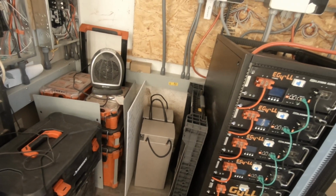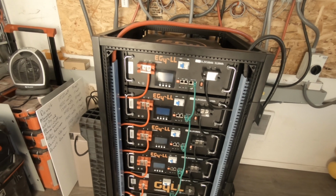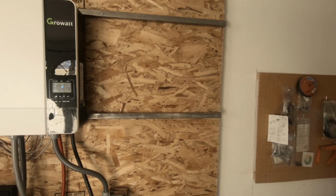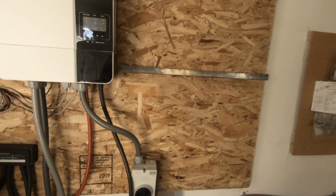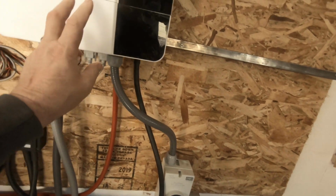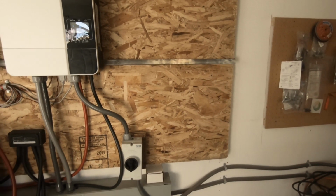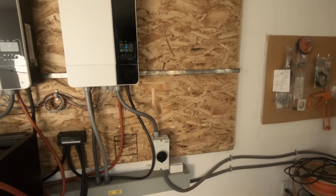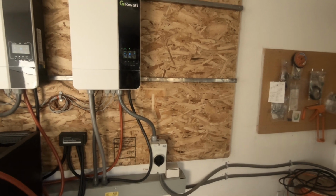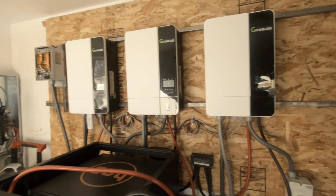Our big batteries, I've got to figure out what I want to do there. I don't want to hook them up to this battery system. What I might do is put another inverter over here. I do have a smaller inverter. I've got 2 sets of solar panels coming into this inverter. I could take one and put it over here with another inverter, but is that something I really want to do? I'd probably have to do another of these